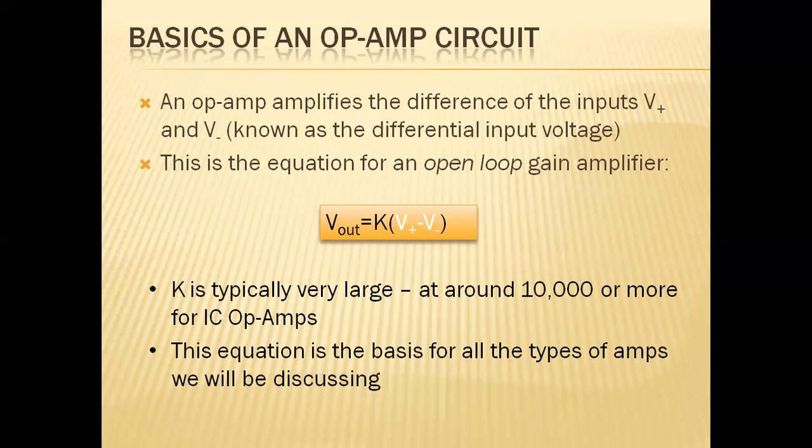The major difference, as we have just visualized, is that we need to calculate the output as a product of the voltage gain K into V plus, the positive power supply, minus the negative power supply. Generally, there will be a standard value depending upon the constant limitations